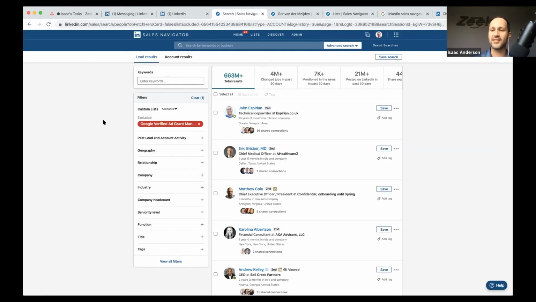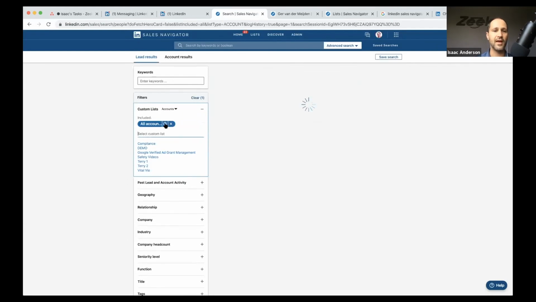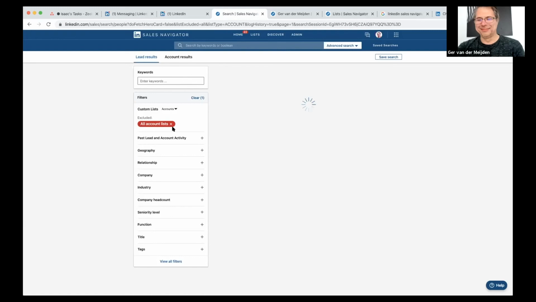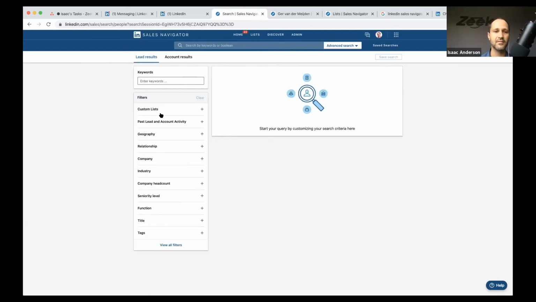This is kind of bunny trailing, but you can actually save way more accounts as long as they're not in a list. You can save thousands and thousands of companies as long as they're not in a list. So what we did in that situation is we saved all their clients in one big general bucket of saved accounts, and then we went to all accounts, exclude, because that includes excluding all their saved accounts.